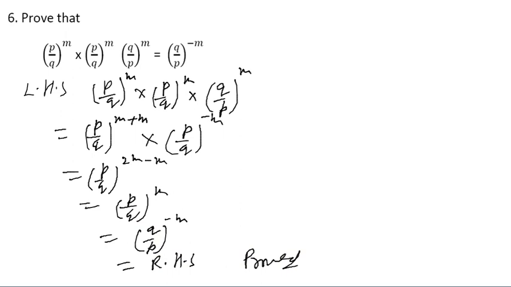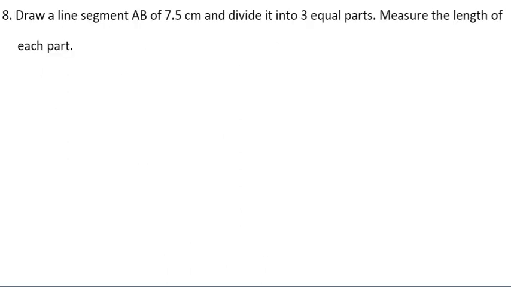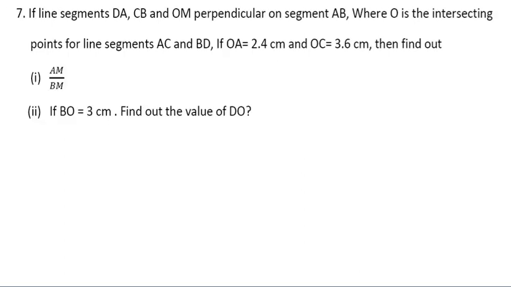Now it is the 7 times, divided by 7. So 7 4s are 28 and 7 9s are 63. It is not 4s, it is 9s. 7 9s are 63 and here 7 7s are 49. Once again 7, so it becomes 1. So the prime factors of this one are 3 into 3 into 3 into 7.